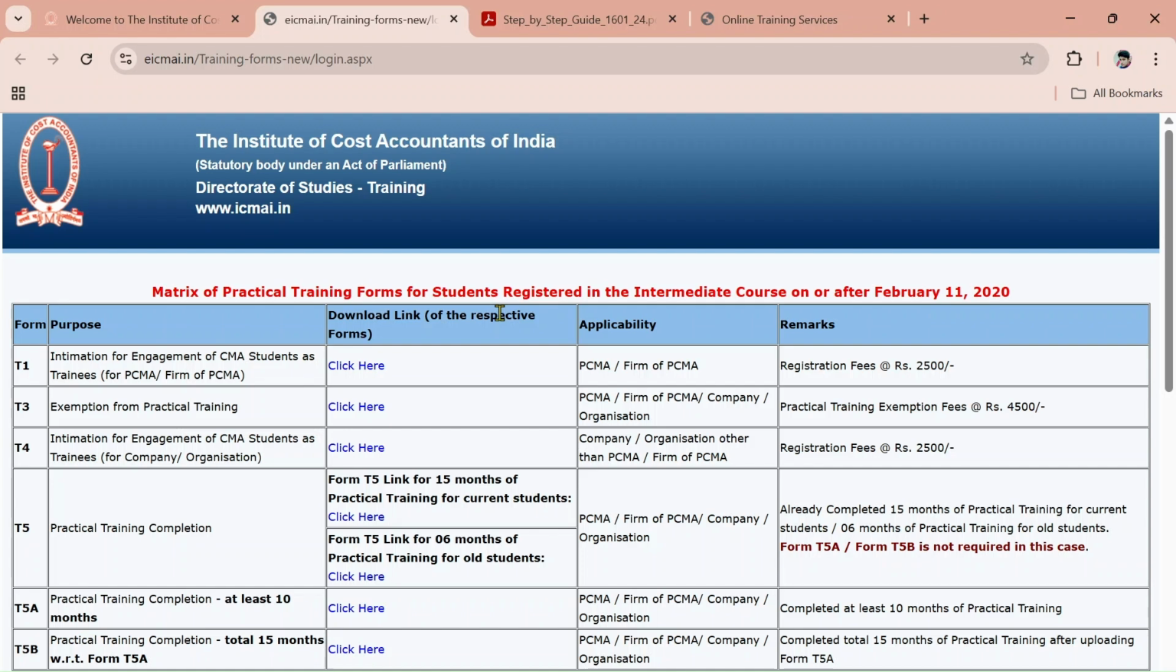The T1 form is basically an intimation form which is to be filed by an intermediate student of the institute who has completed either one group or both the groups and who is looking for an internship under an individual practicing CMA or a firm of CMA. Now the question comes, when should they file this form, and the answer is very simple yet